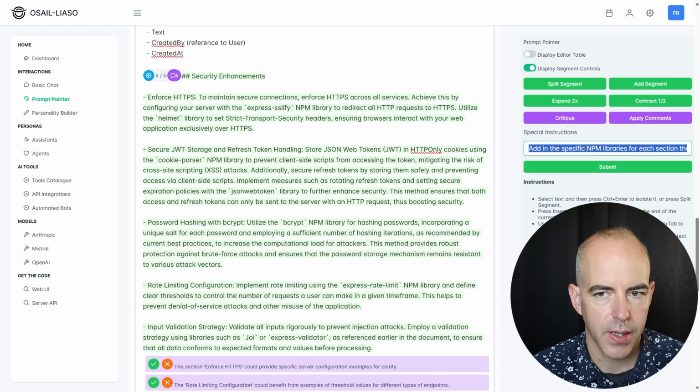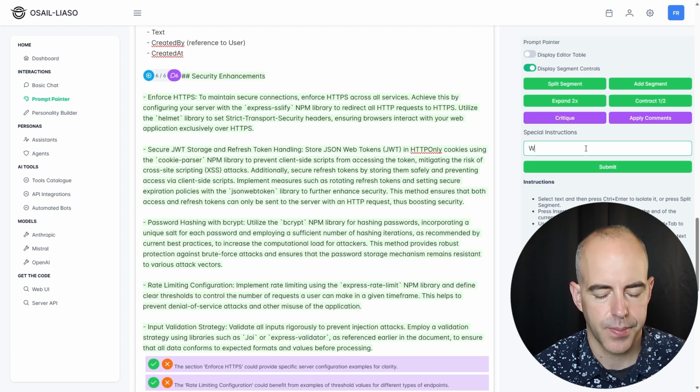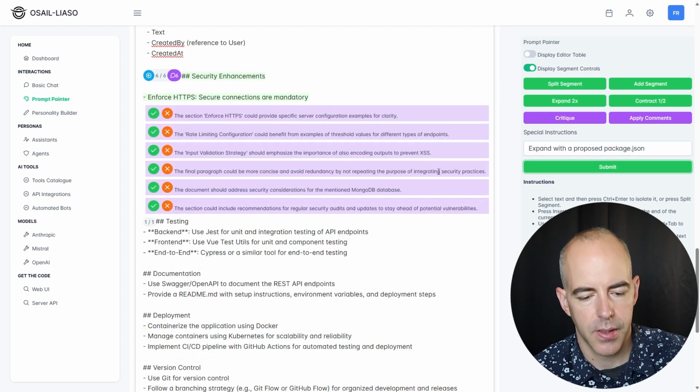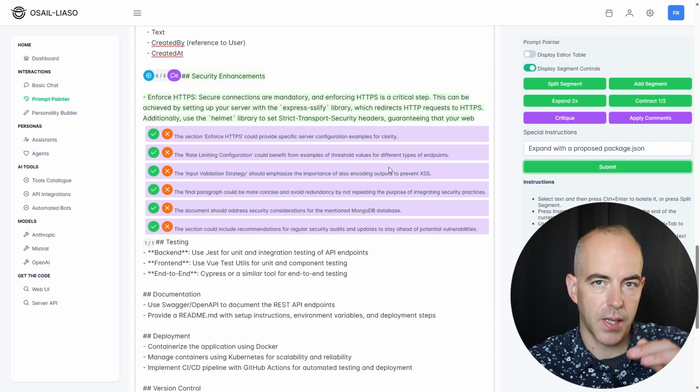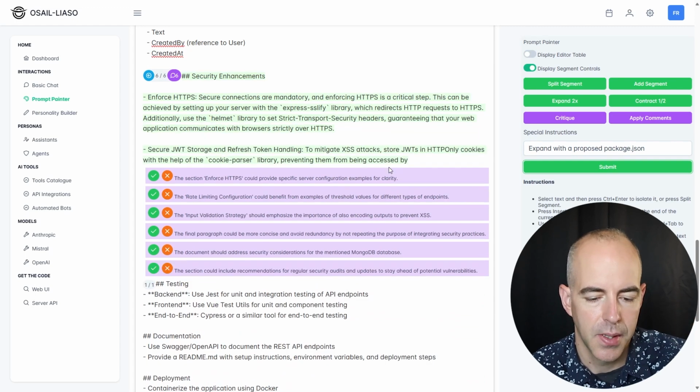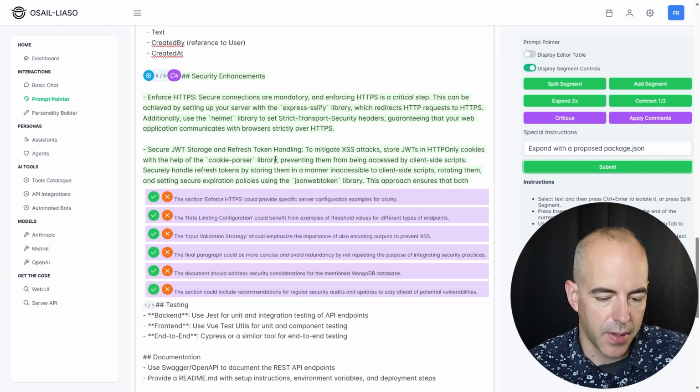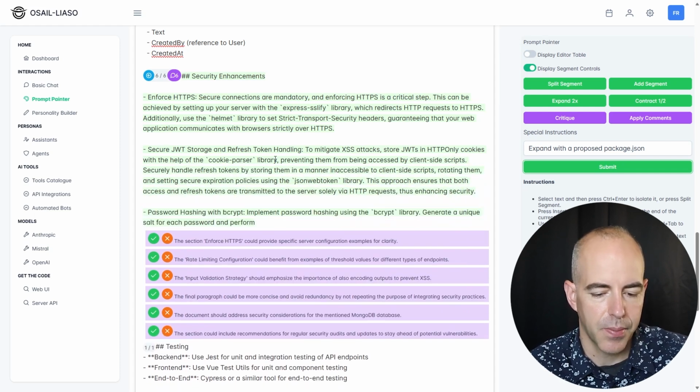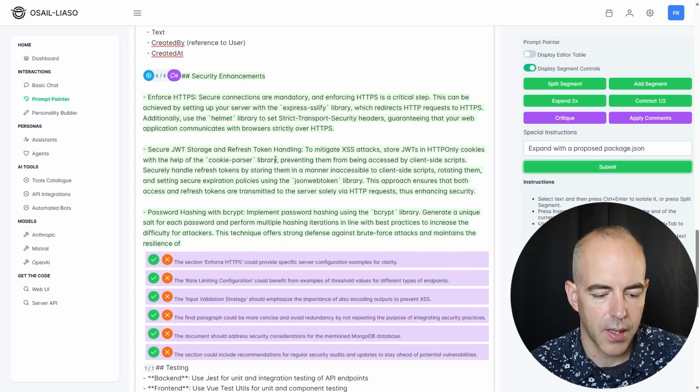I'll have it expand with a proposed package.json. So then it'll have a technical spec, and then it should actually give us the package.json at the end that we would use to build this application. And of course, obviously we would build that ourselves using npm, but here we can kind of look at that,